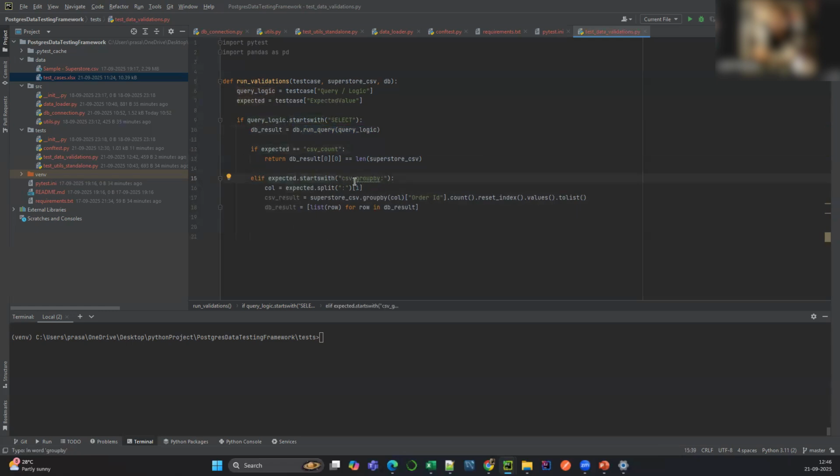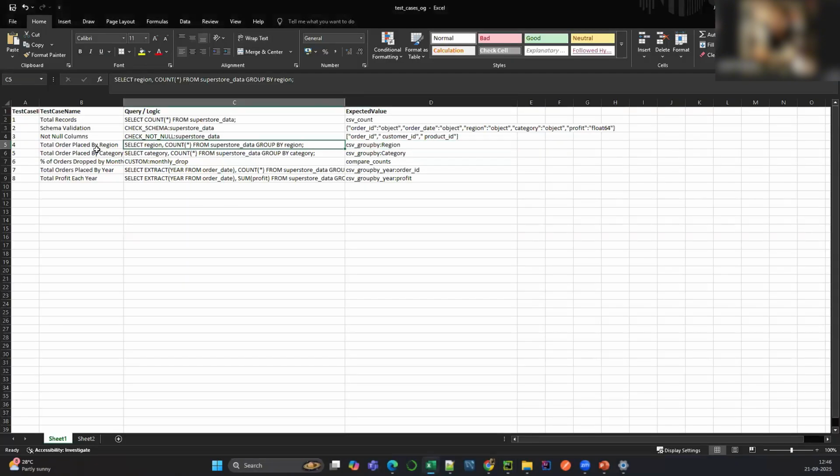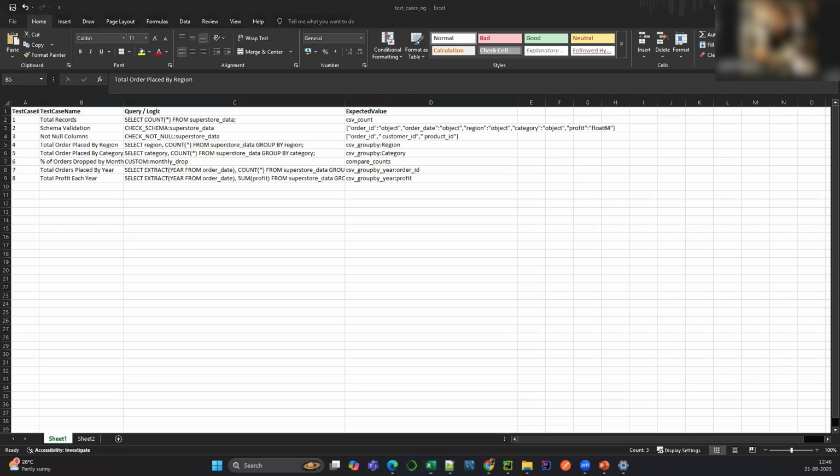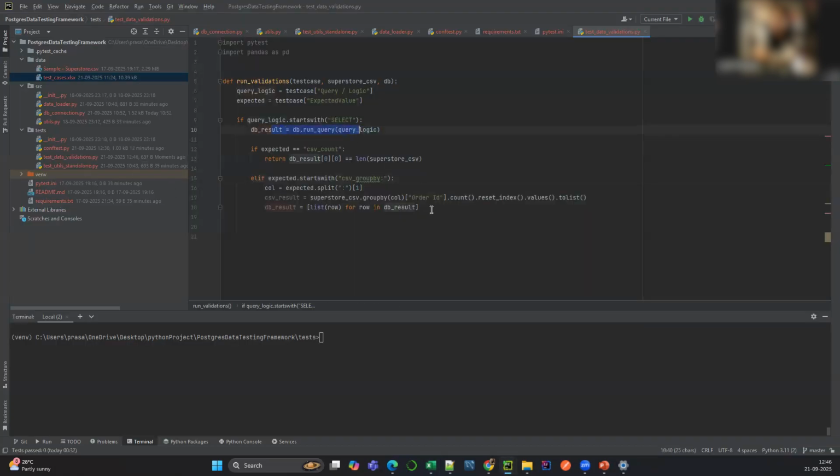Okay. So for the second test case, it will take the CSV group by, and then it will run this particular query, which is required for region in the group in the DB query line, right? Now we are getting DB result over here. Now what we will do is we will return list of sorted DB, okay, and then we will do equal to sorted